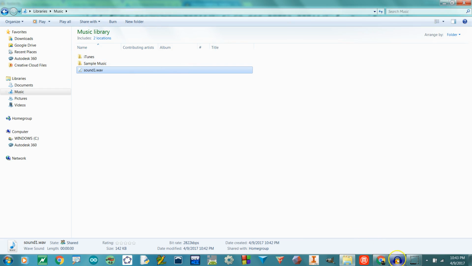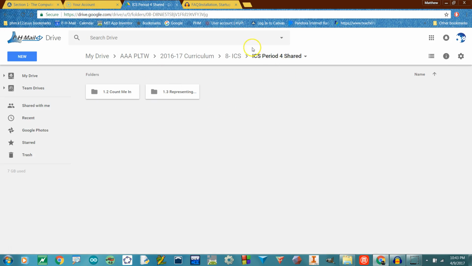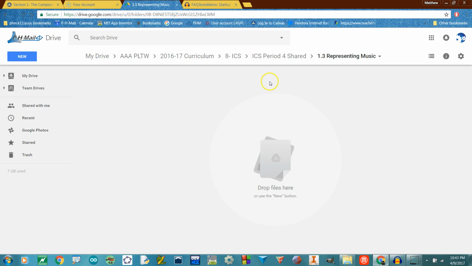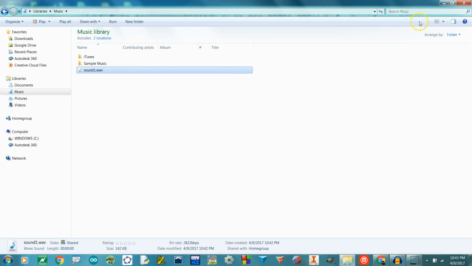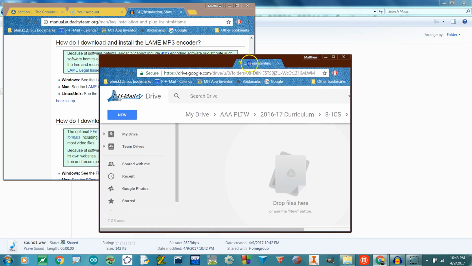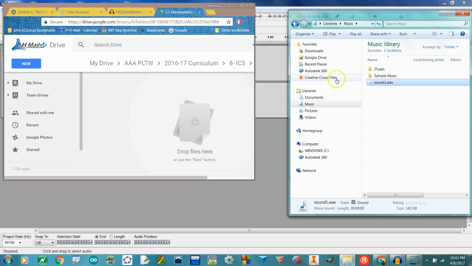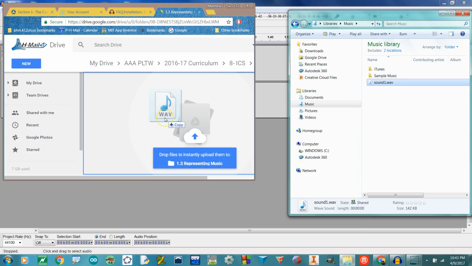Now, how do I get this onto the shared folder? So this is period 4. It's the same for period 5. You guys have access to our period 5 shared folder. And in here, there is a folder for 1.3 representing music. So you go here, and you can do this a couple ways. You can minimize this. Make this a little bit smaller, and then make this smaller. And you can actually just drag this over,